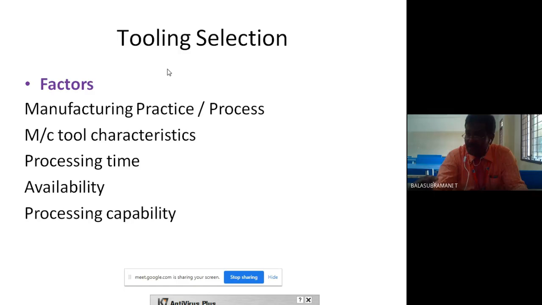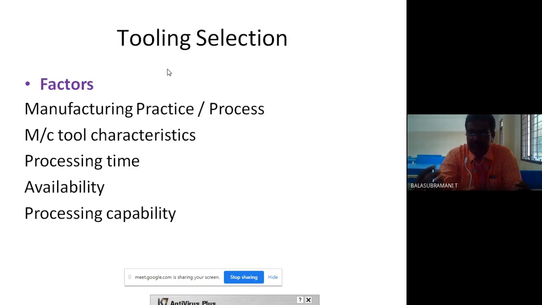So this property should be considered in the selection of the tool. So retooling or regrinding should be possible in the selection of the tool. So the selection of the tool is based on increasing the machining life.